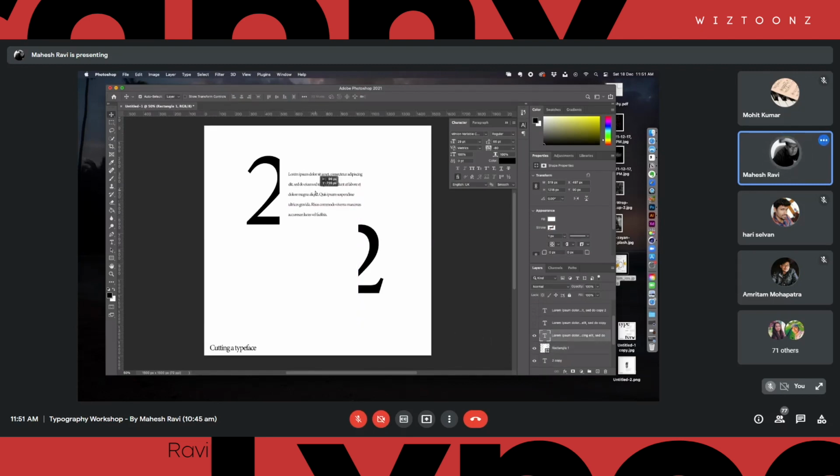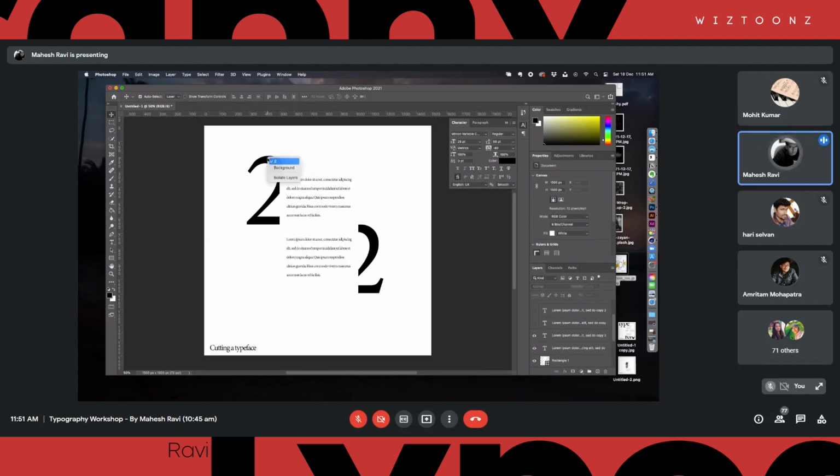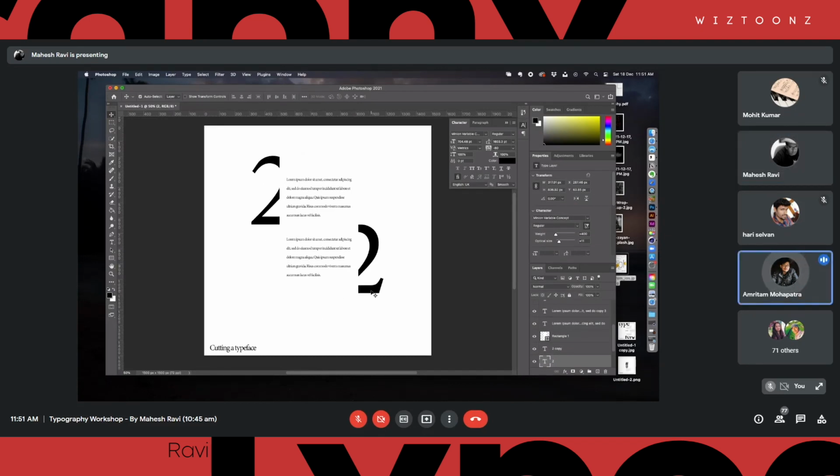Now think of this. Hope you're getting the idea, right? Here also, the readability doesn't matter, but people will understand that we are actually talking about 2, point number 2, right? So this is how we can cut it in that.